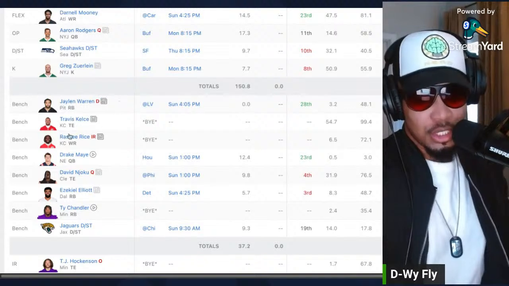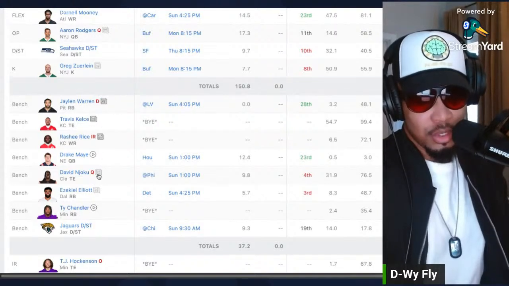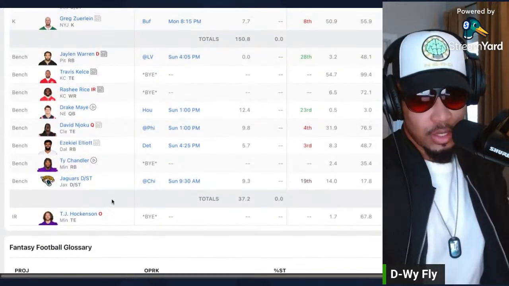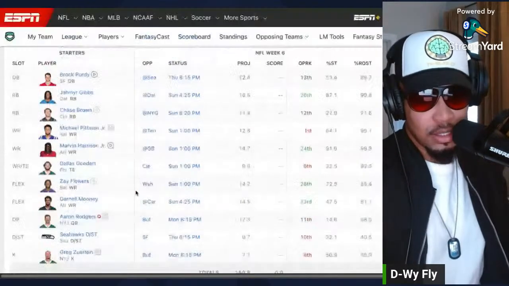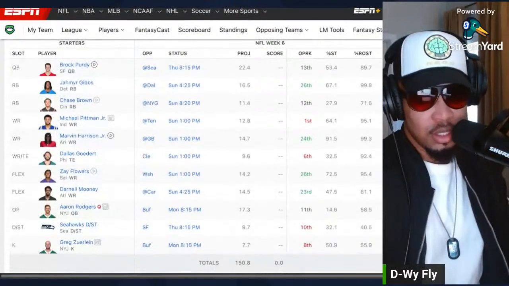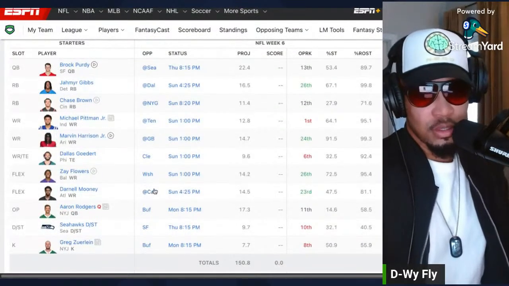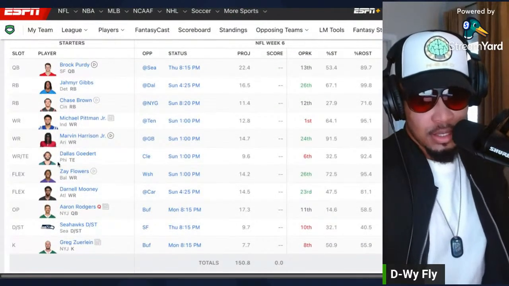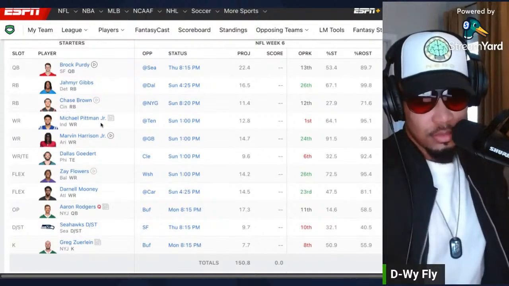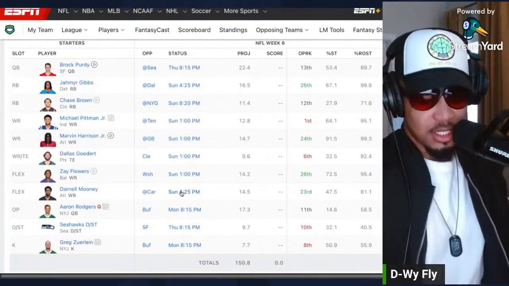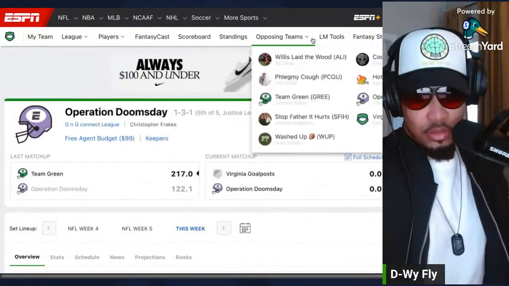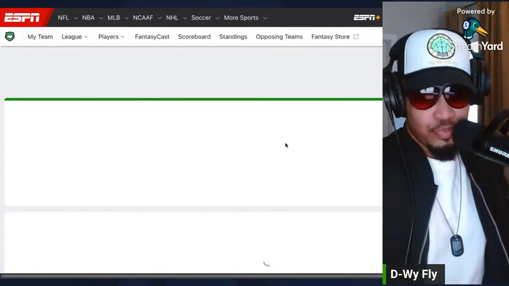Jalen Warren, Rasheed Rice, yeah, he got hit up with a couple injuries this year, and he's waiting for Hawkinson to get back. But Drake May, he just got activated. He's going to start this week, so we'll see what he can do and inject some life into the Patriots offense. But Zay Flowers, Chase Brown, Jameer, Brock, and definitely Darnell Mooney, they seem to be the bright spot for his team. So hopefully they can produce for him moving forward.